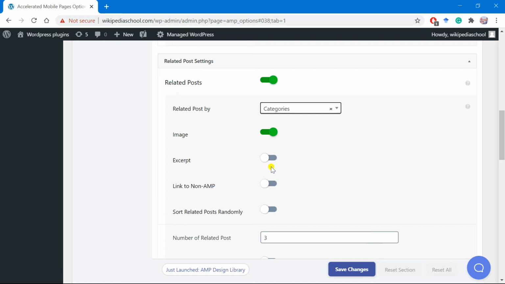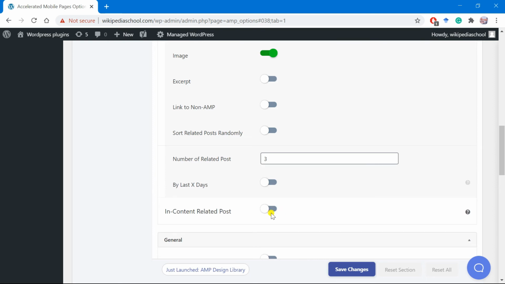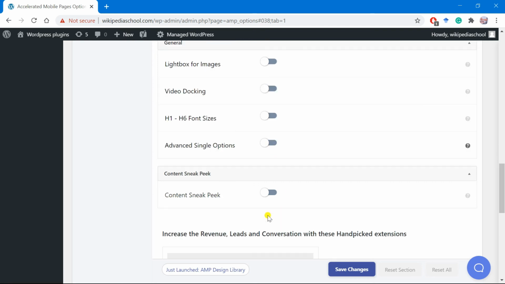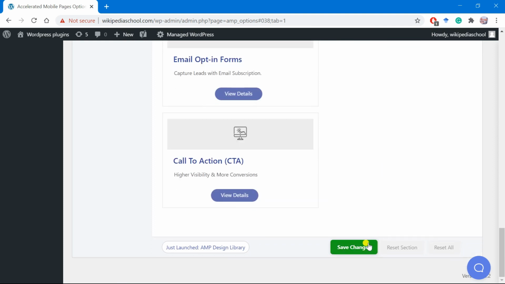It's up to you if you want to link these posts or articles to non-AMP, but I would not recommend it, because if we are using the AMP version, we don't need to add a non-AMP option on your website. If you want to add lightbox for images, video docking, you can consider any of these options. Okay, then click on Save Changes.